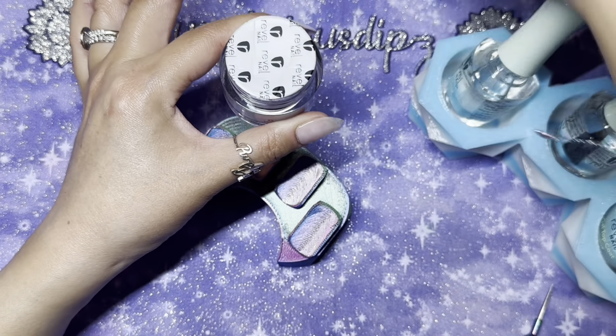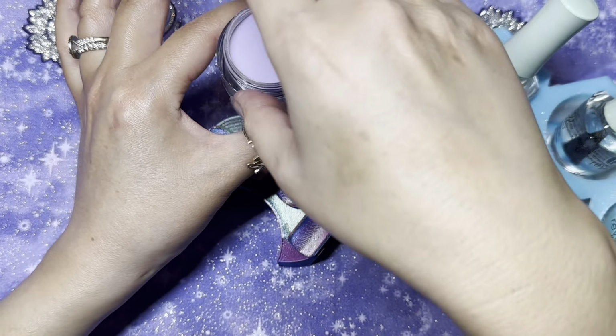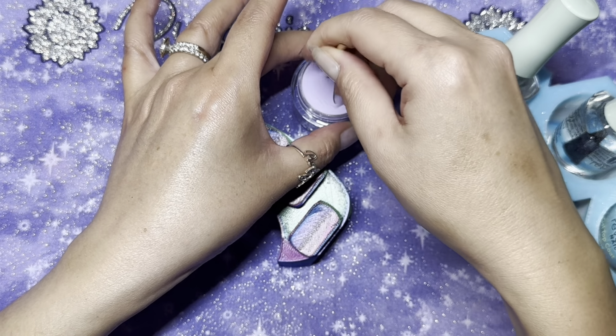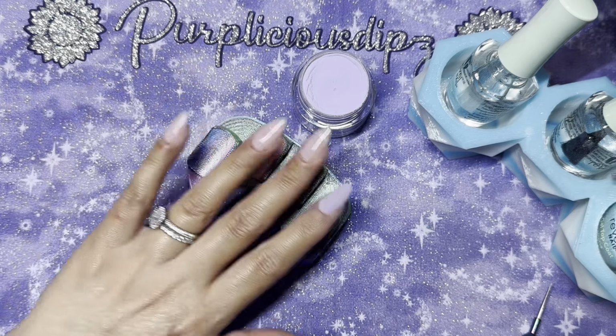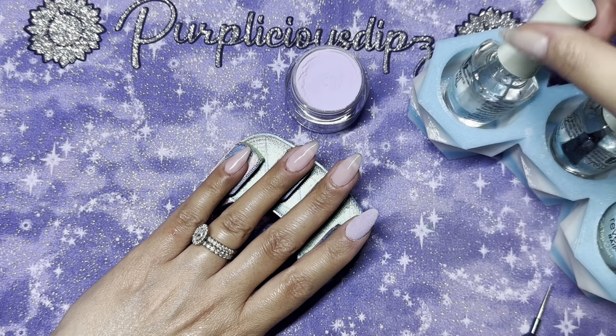As I was using the dip liquids, I didn't notice any odor, so if you suffer from dip flu, this may be a good option for you, especially because it doesn't have a really long dry time, so you're not waiting forever and a day before you can move on. So I'd say this is a good option, but I will call out that I typically don't suffer from dip